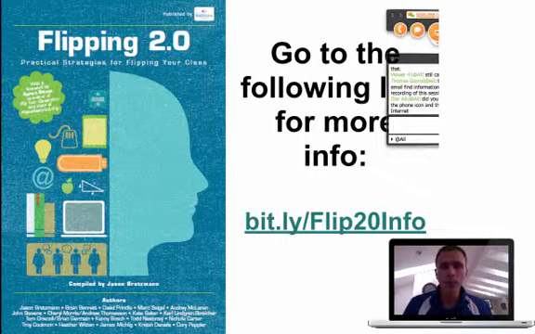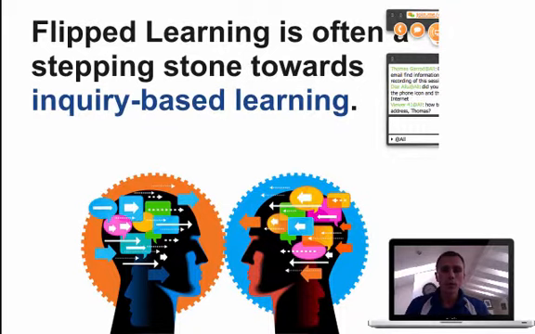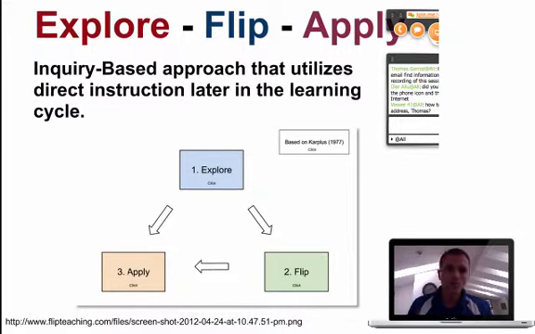And moving forward, where do we go from here? A lot of people say, and I agree, flipped learning is a stepping stone towards inquiry, away from this content-based lecture model towards an inquiry-based learning system. One way people are doing this is with an explore, flip, apply approach. So instead of even starting with a video, you start with an explore phase. You get them interested. You start to have them do some inquiry-based activities first. Then you flip your class. Then you end with an apply phase, which I think is a really cool model,